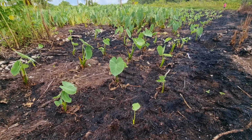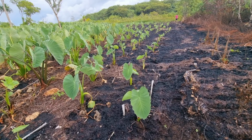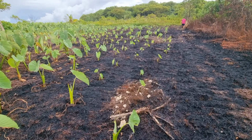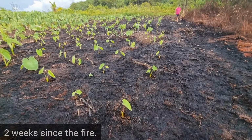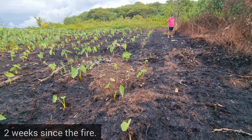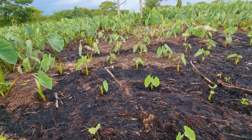So now it's a couple of weeks, 2 weeks now since our taro patch or taro plantation here was burned, like I showed you before. But now, as you can see, taros are starting to grow back. The ones that we have newly planted, like these ones here at the edge, they're okay because they're pretty new. But the ones that are close to harvesting,